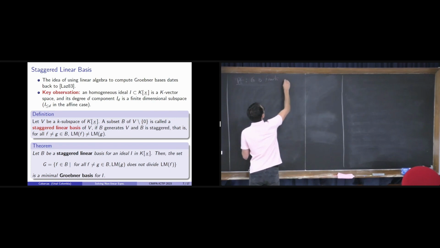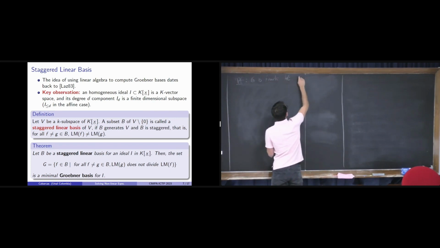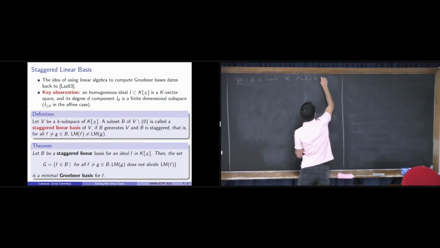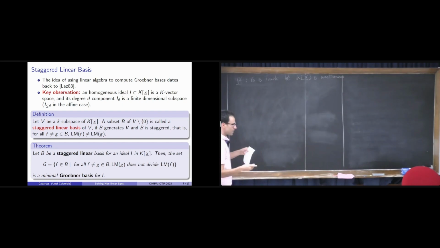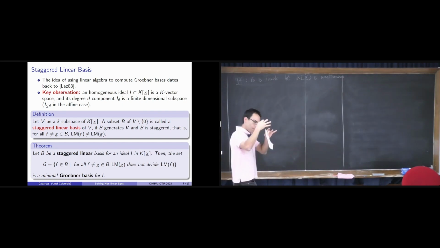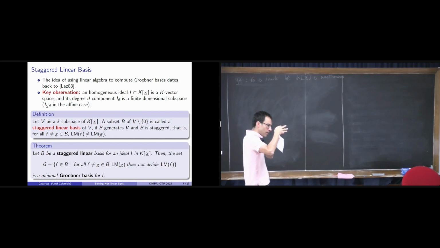G is finite because the polynomial ring is Noetherian. Which means that it cannot increase forever. If you have a chain of ideals, one contained in the other, then this chain must be finite. And you can see why this tells us that G is finite, because if you take